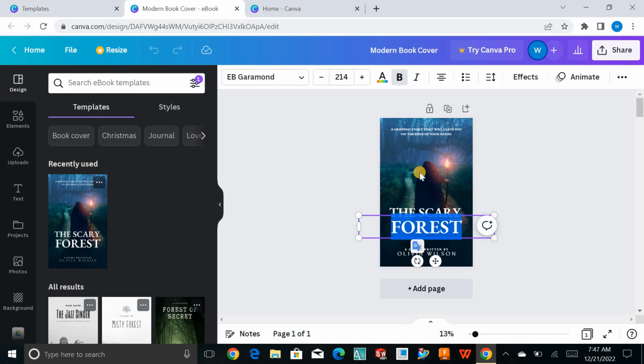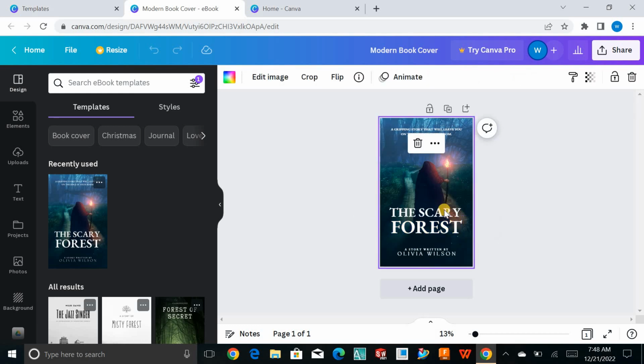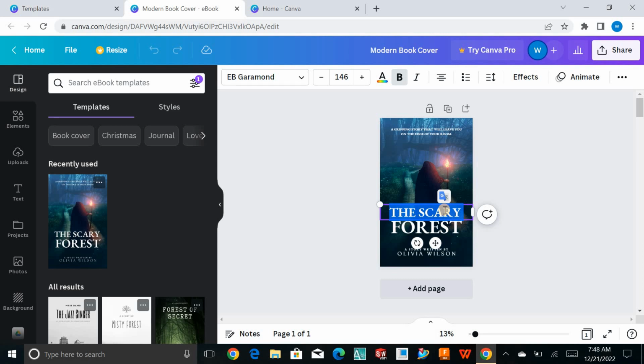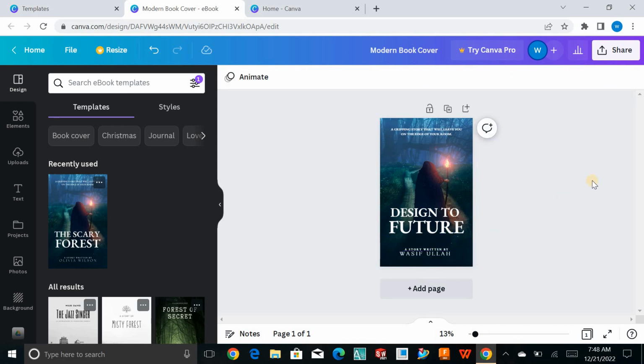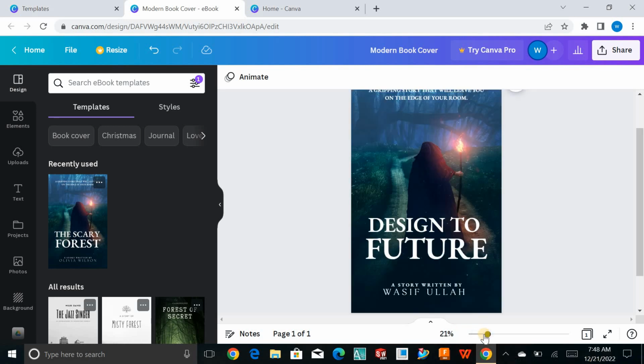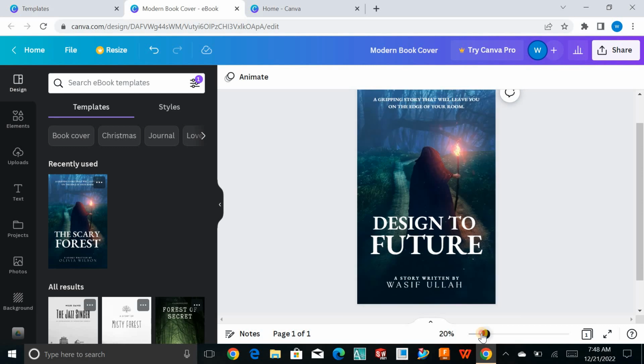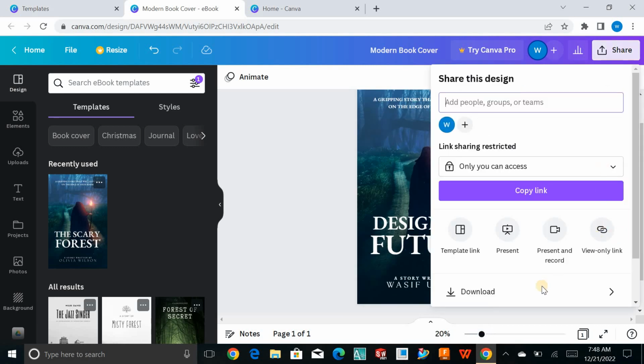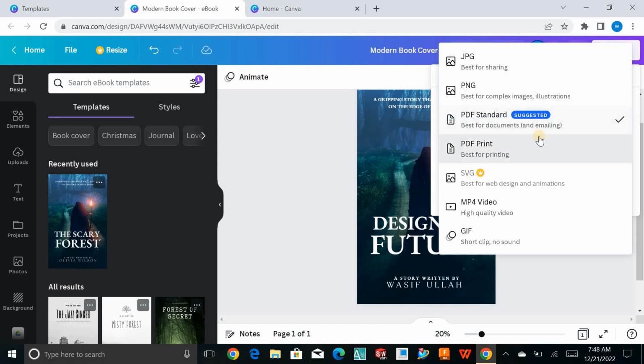And then you can go and select the book name. If, for example, I write down Design to Future, right? This is my book's name, and simply you can write it down and enter your other name, right? So if you're reading the book, just add your name and go for share, download, and